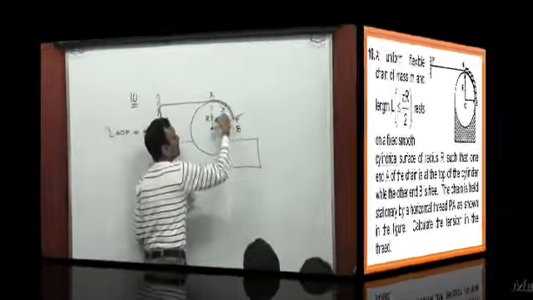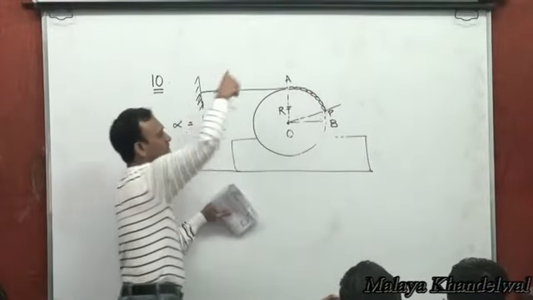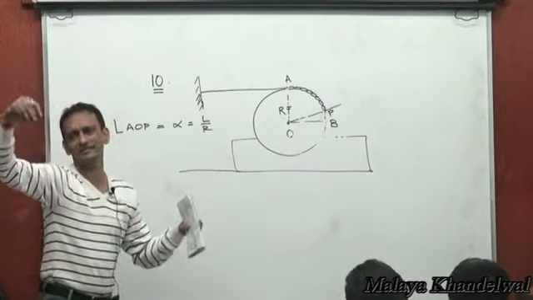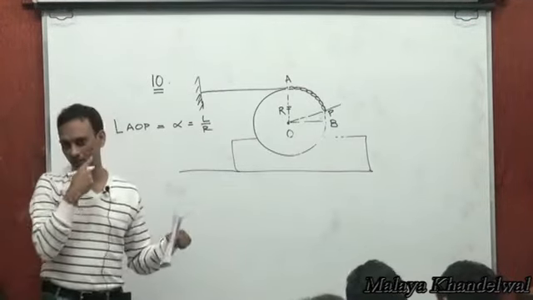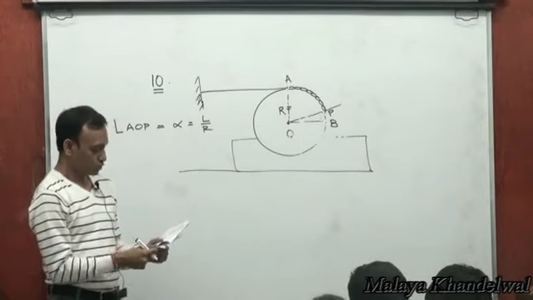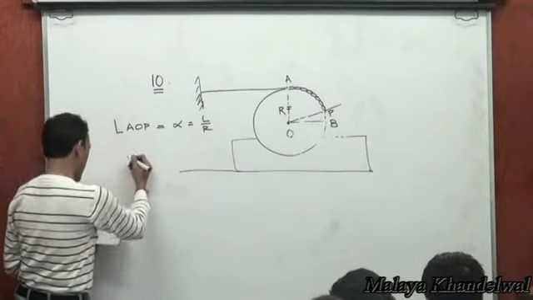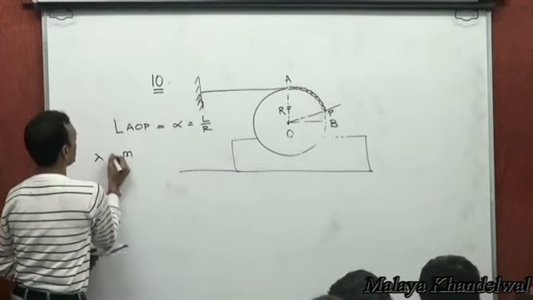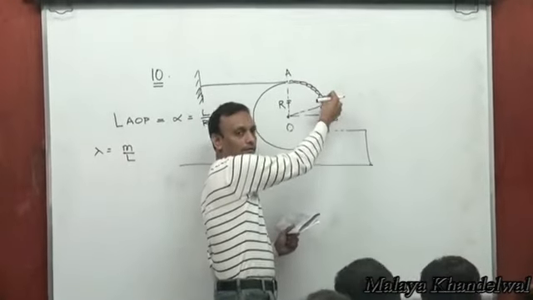This angle AOP is alpha, which is L by R. The angle AOP is not exactly a quarter of a circle; it's given to be less than pi by 2. So alpha is less than 90 degrees, it's given in the problem, right? Now this chain, whose mass per unit length is lambda, a uniform chain, mass per unit length m by L, rests